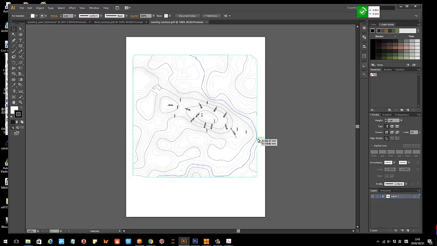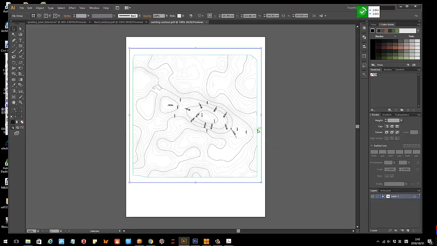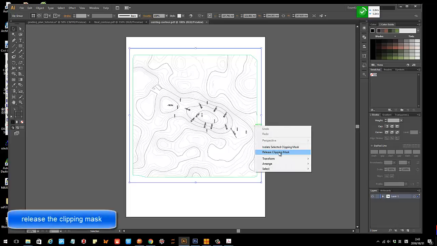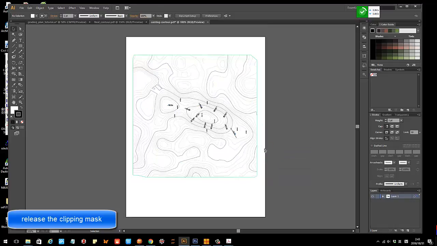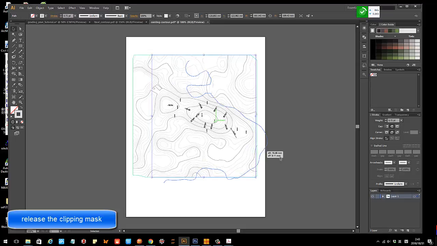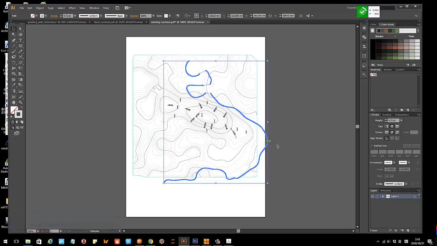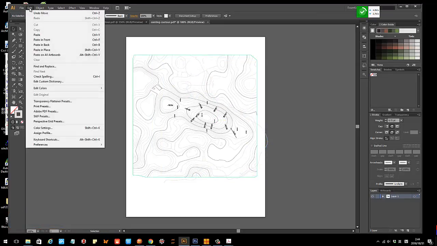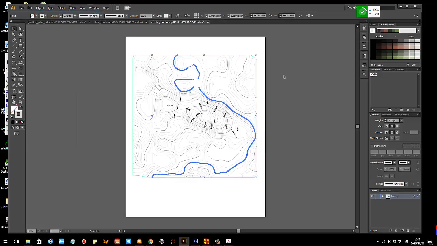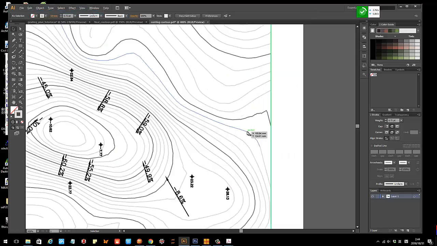If you click the surface, you see here it's actually a clipping mask. So you want to release the clipping mask here, click it. That's really important. Then when you hover over, you see this is the edge. You definitely want to delete this rectangle so you can select single contour lines. Once we have this,